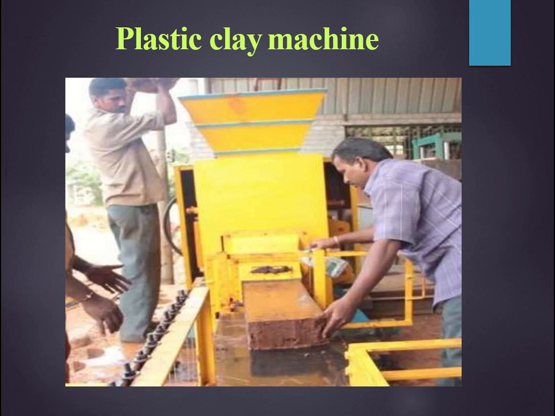You can easily observe in the figure the person who is sending the bar of brick inside. You can see here the person is pouring the tempered clay into this machine, and it comes out in the form of a bar, like a chocolate. And then, where my pointer is moving, you have some wires, and these wire sizes will be exactly the size of a brick. Once this bar is pressed through this, the bricks will be cut easily, okay.